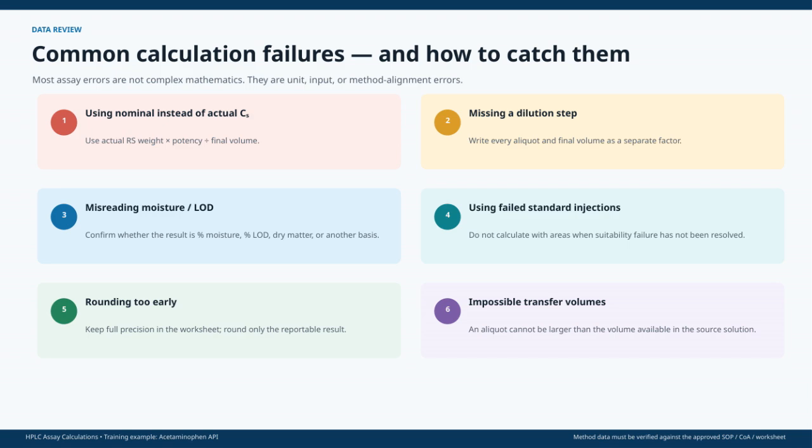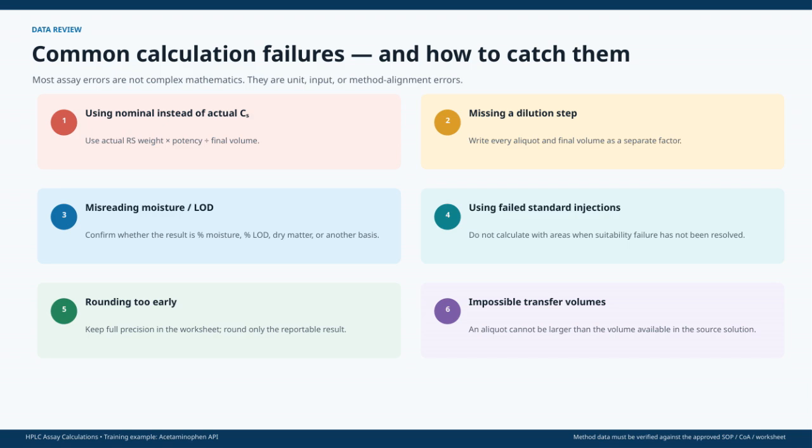Always use the actual reference standard weight multiplied by its potency, divided by the final volume to get an accurate concentration. Another common error is missing a dilution step. To avoid this, record each aliquot and final volume as separate factors to ensure every dilution is accounted for. Sometimes, problems arise from misreading moisture content or loss on drying values. It's important to confirm whether your result reflects percent moisture, percent LOD, dry matter, or another basis before using it